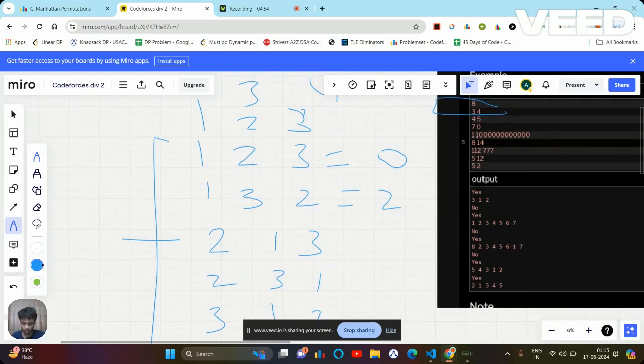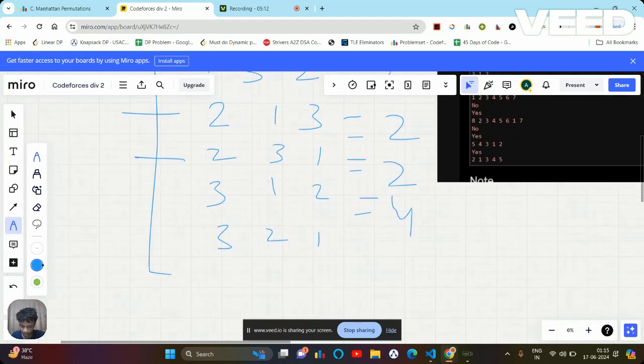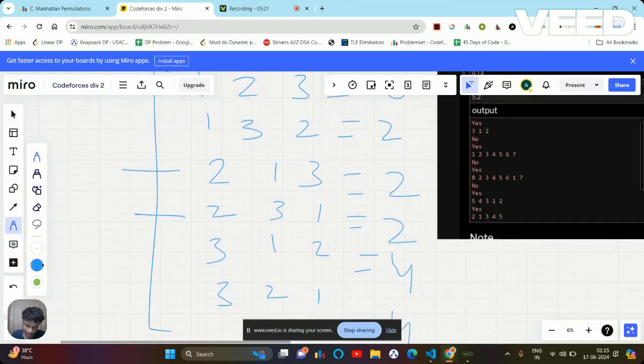1 plus 1 means, in that case, you are going to get 2. If you calculate for this, you're going to get 1 plus 1, I guess 2 again. For the next, if you calculate, you are going to get 2 plus 1 plus 1, I guess 4 for this case. Now for the last case, if you try to calculate, you are going to get 2 plus 0 plus 2, again 4.